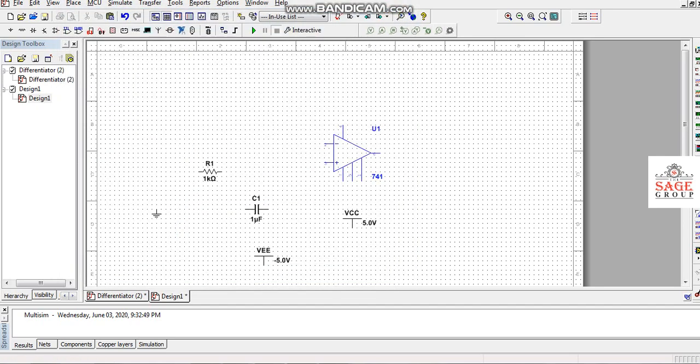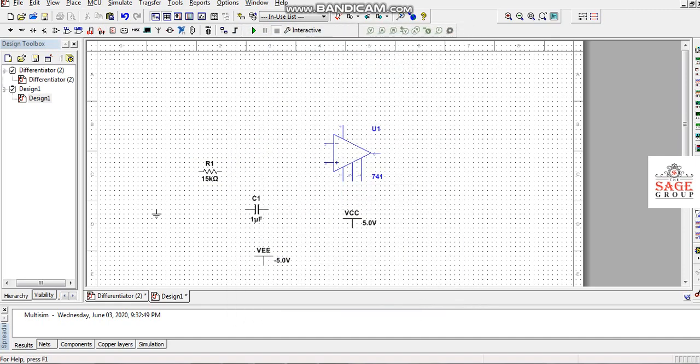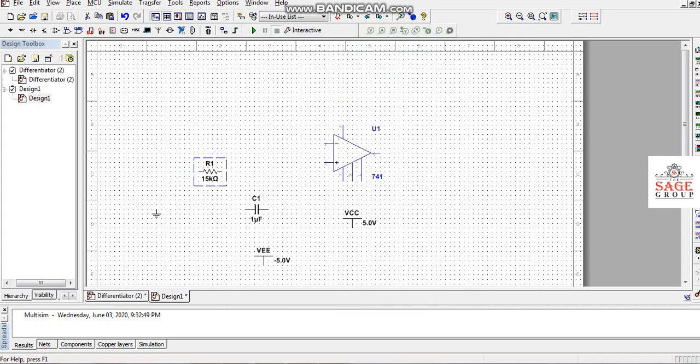If I want to change the rating of a particular resistance, then I will double click on it and change the value of this resistance. If I want to change the location of this, then I just place it in this way.